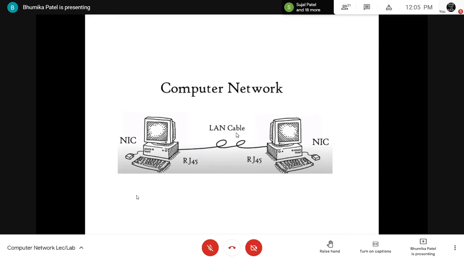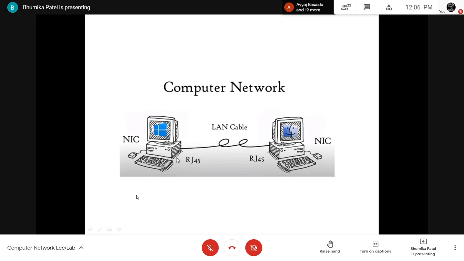And for sharing the information, every device must have a NIC, that is a network interface card. If you do not have a network interface card on the device, you will not be able to connect to the network or the internet. Now we want to send data from one device to the second machine, right? If, for example, one computer is based on Windows and another machine has Mac OS installed, how can this computer transfer the data, or how are these two computers going to be connected with each other?